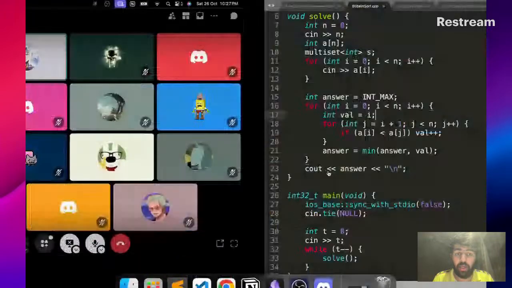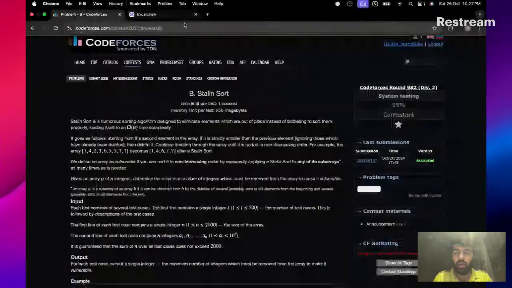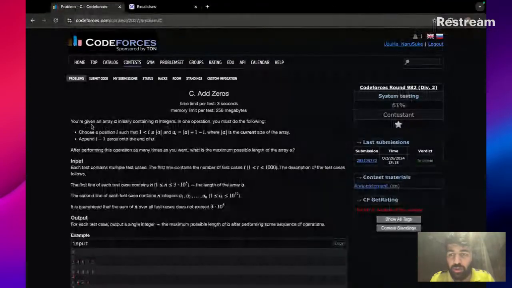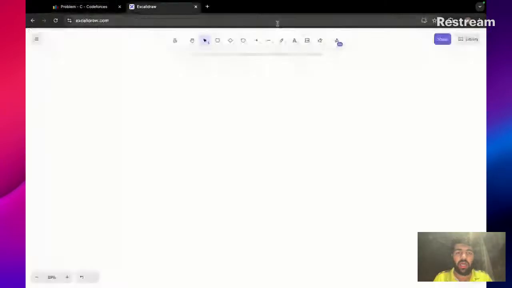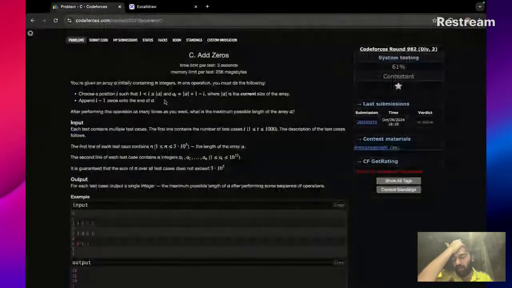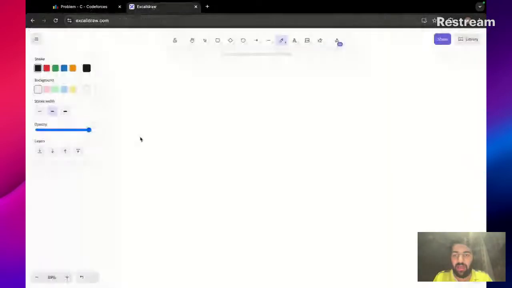Okay. Great. Now continuing, problem C. This shouldn't have been this hard, but it just became. So what do we have here? We are given an array, some values in the array,